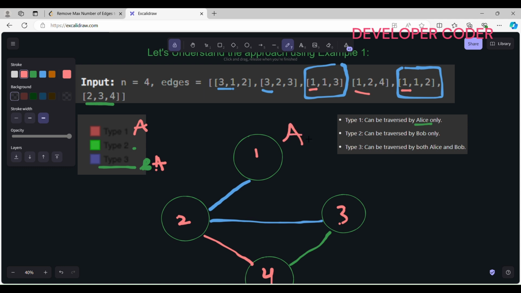Okay, let's say Alice starts from this position. This is a blue color pencil, so both Alice and Bob can go. Alice reaches here. Then this is a blue color pencil. Alice reaches here, then again Alice goes back, again reaches here, and then here Alice can go